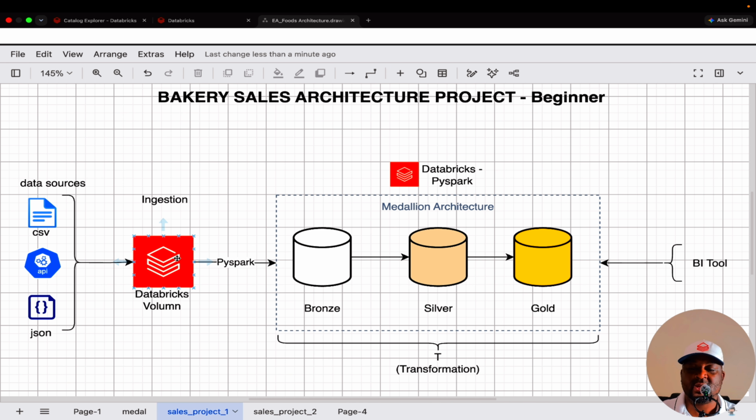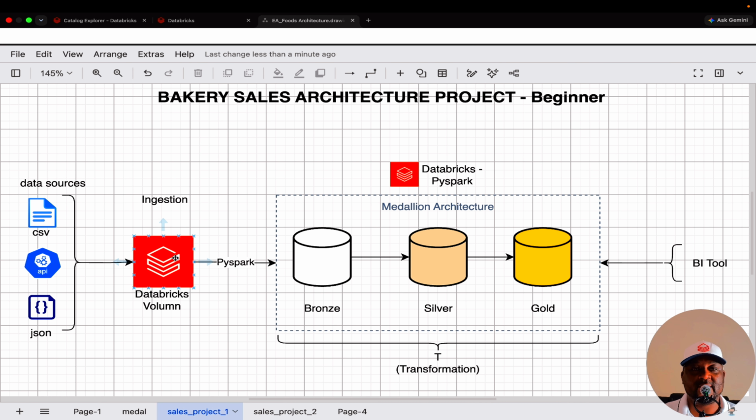So it's called ingestion. In this case, we're going to use Databricks volumes as the first landing point of the data from wherever the sources it comes from. It's going to come from our S3, from our JSON and CSV, and then we ingest it